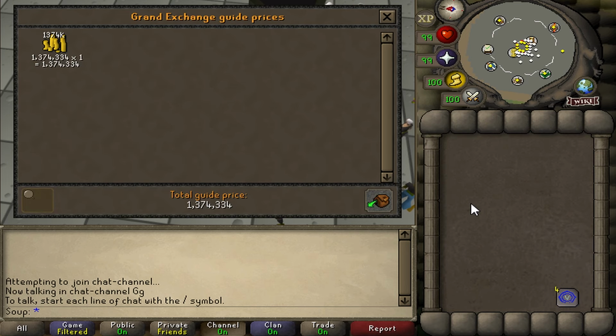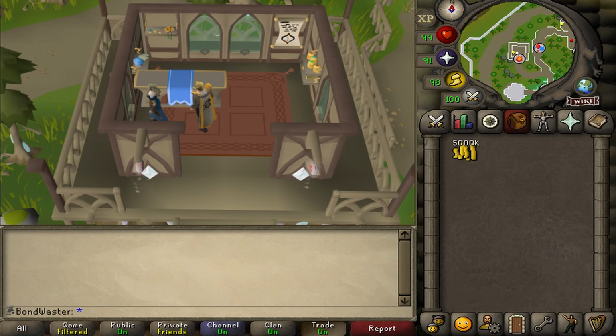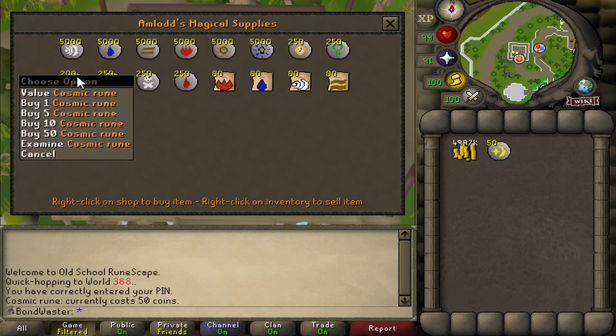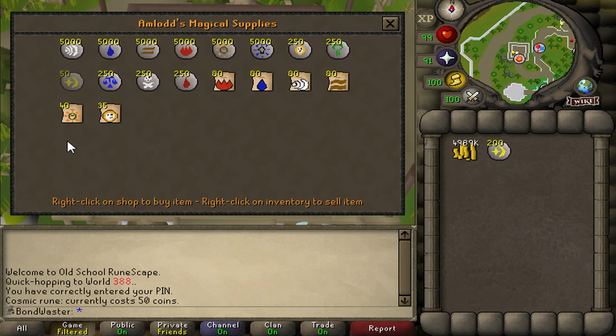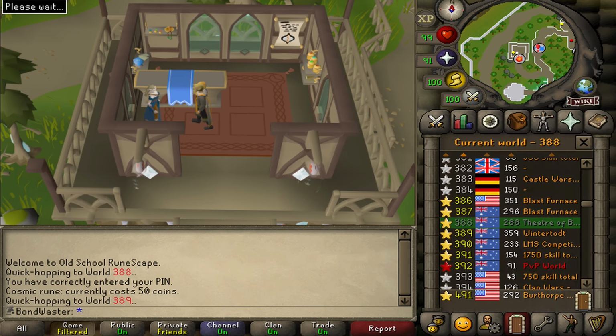Hold up, you're telling me that we found two 1 million GP an hour methods in a single unusual money-making video. That's crazy. But this method doesn't end there. Looking back at Nicholas's comment, he said that you should do it on an Iron Man account with excess GP. I didn't realize it at first when trying this out, but Iron Men have a different shop interface than normal accounts. That way Iron Men don't have to compete or be trolled by main accounts when using shops around the game. This means that there may be even less competition for these cosmics on an Iron Man, so that's what